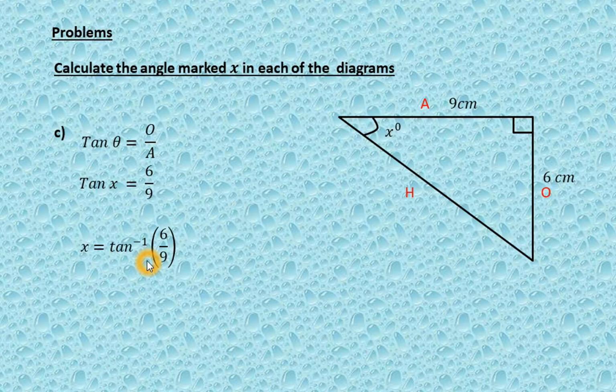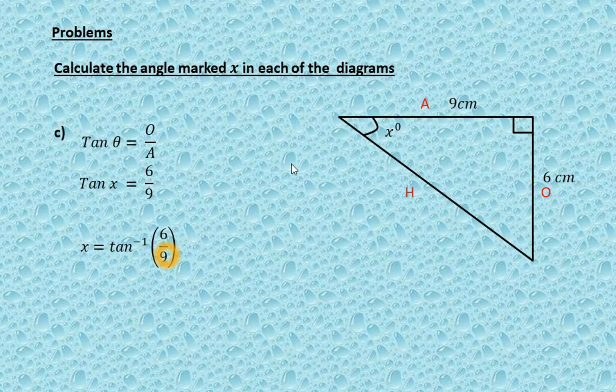Before finding this answer, I'm going to give one small trick. It's not that big. If you know that tan is opposite side by adjacent side, and sine is opposite side by hypotenuse, and cos the same way, if you know that part, you can directly write the answer. No need to write these two parts.